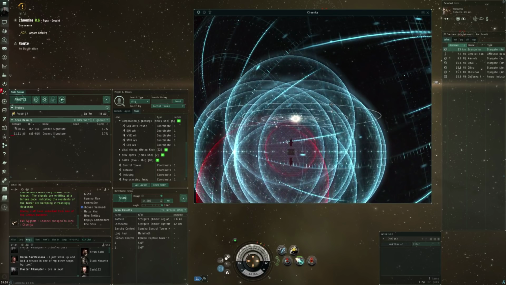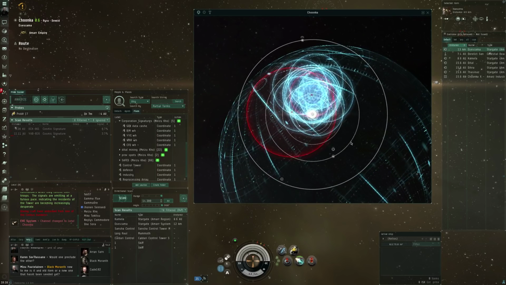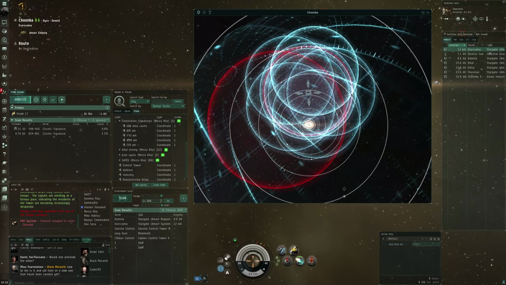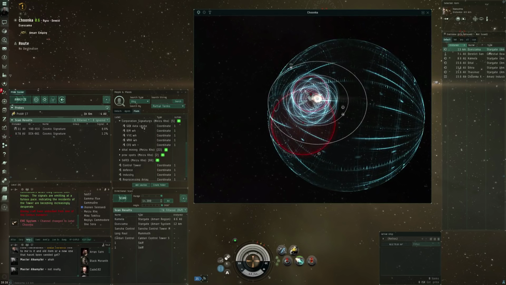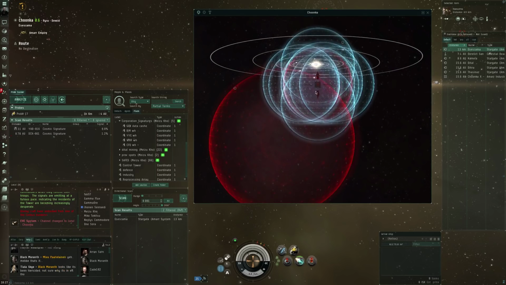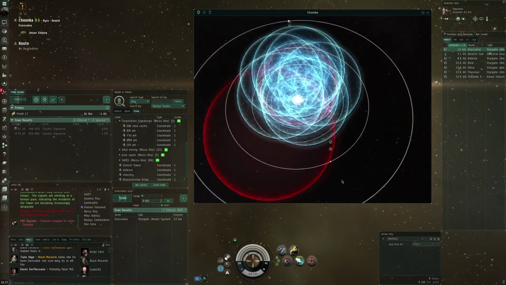So let's see if we can grab anything here. Should be possible. Nope. Oh man, it honestly, at the edge of your D-scan, it is a little bit weird. Let's do a quick comparison here. Get rid of the D-scan. Is it slightly more intuitive to see? Yeah, it definitely is, honestly. Now, of course, in wormhole space, you want to have your D-scan available. But here...